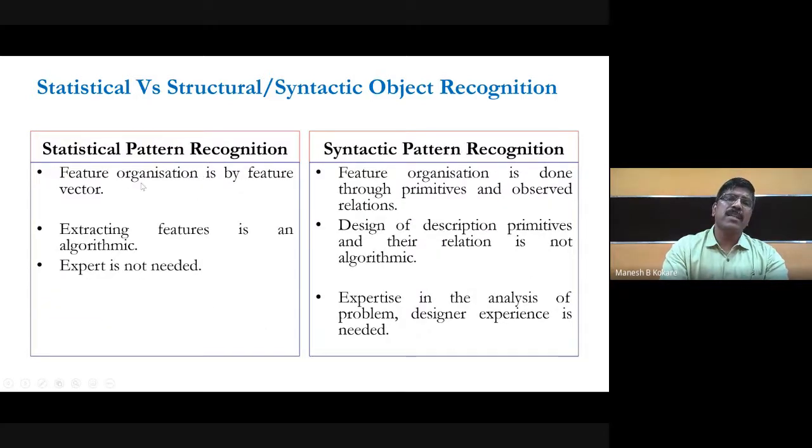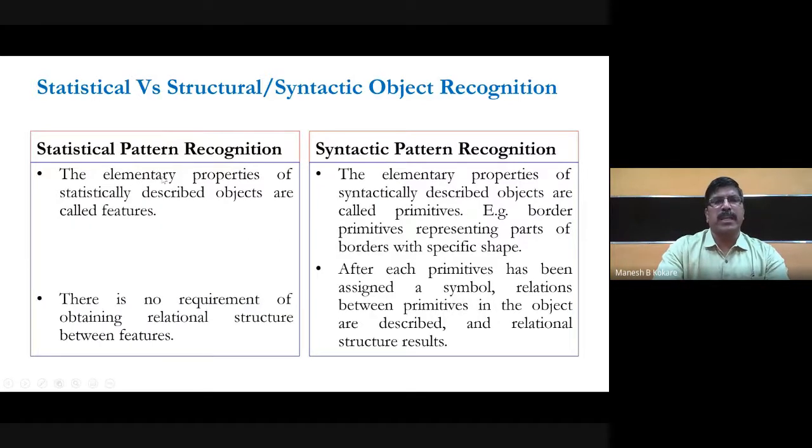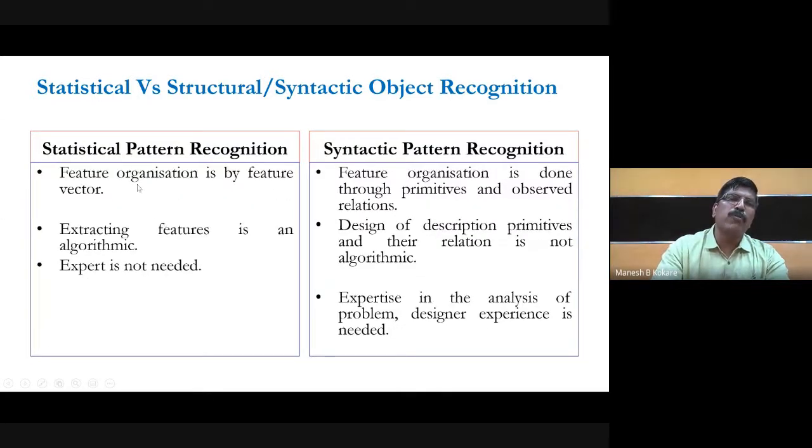Then, as I said, feature is the elementary property in case of the statistical approach, whereas primitive is the elementary property in the syntactic approach. So with the help of features, we form the feature vector.